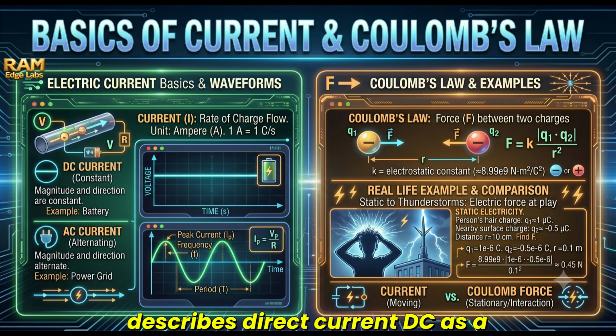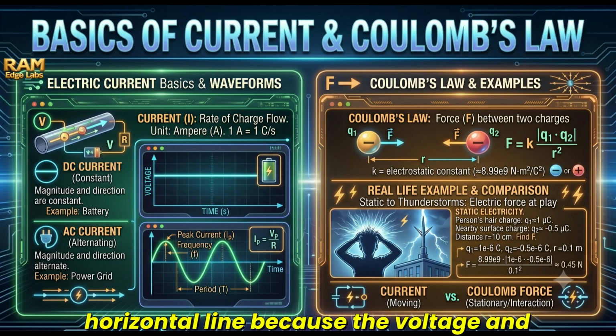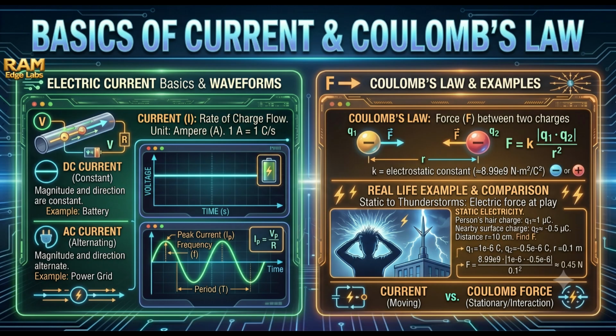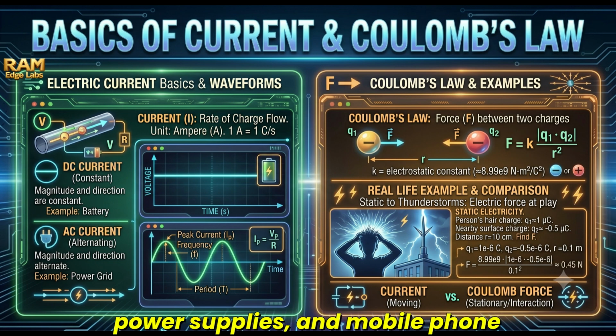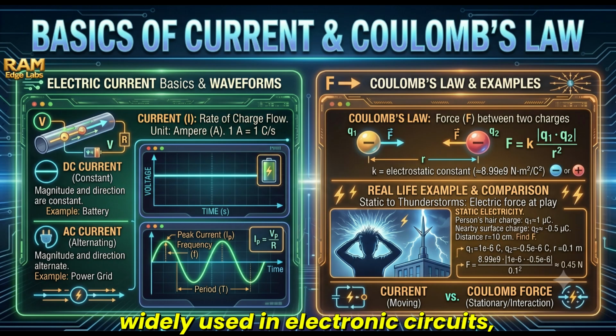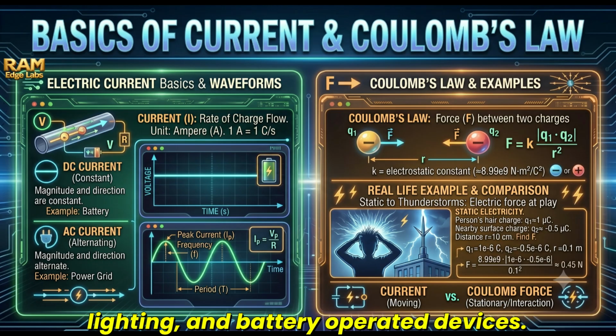The image describes direct current, DC, as a type of current whose magnitude and direction remain constant over time. The waveform is shown as a straight horizontal line because the voltage and current do not change direction. Batteries, solar panels, USB power supplies, and mobile phone batteries are common sources of DC current. Since the voltage remains nearly constant, DC is widely used in electronic circuits, computers, mobile phones, LED lighting, and battery-operated